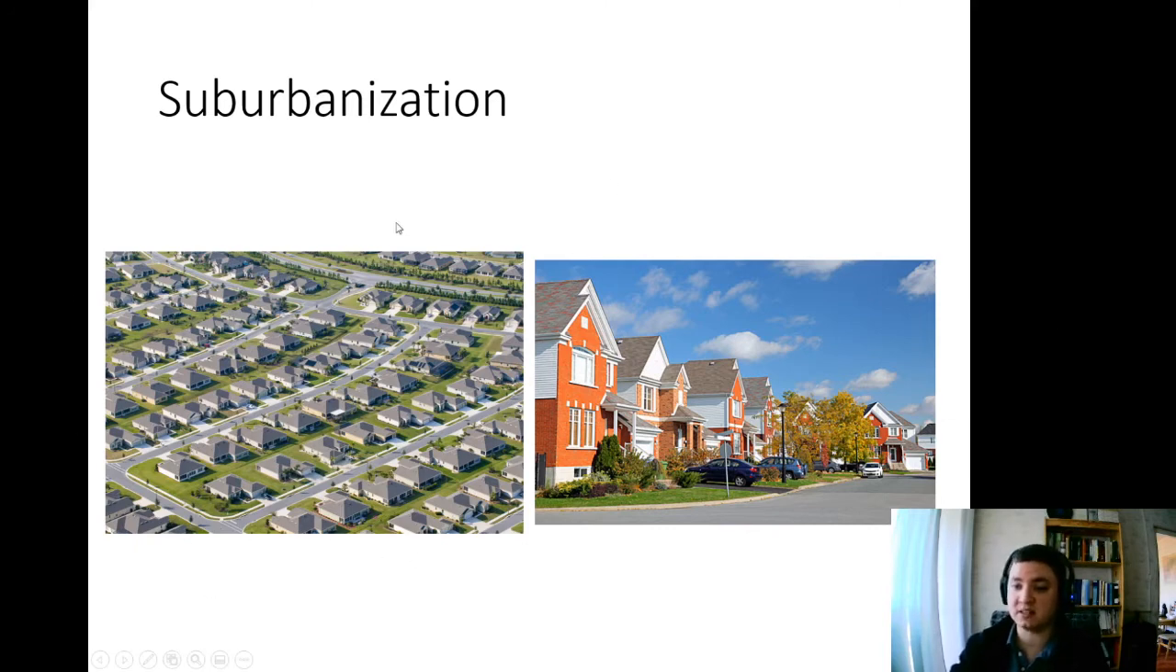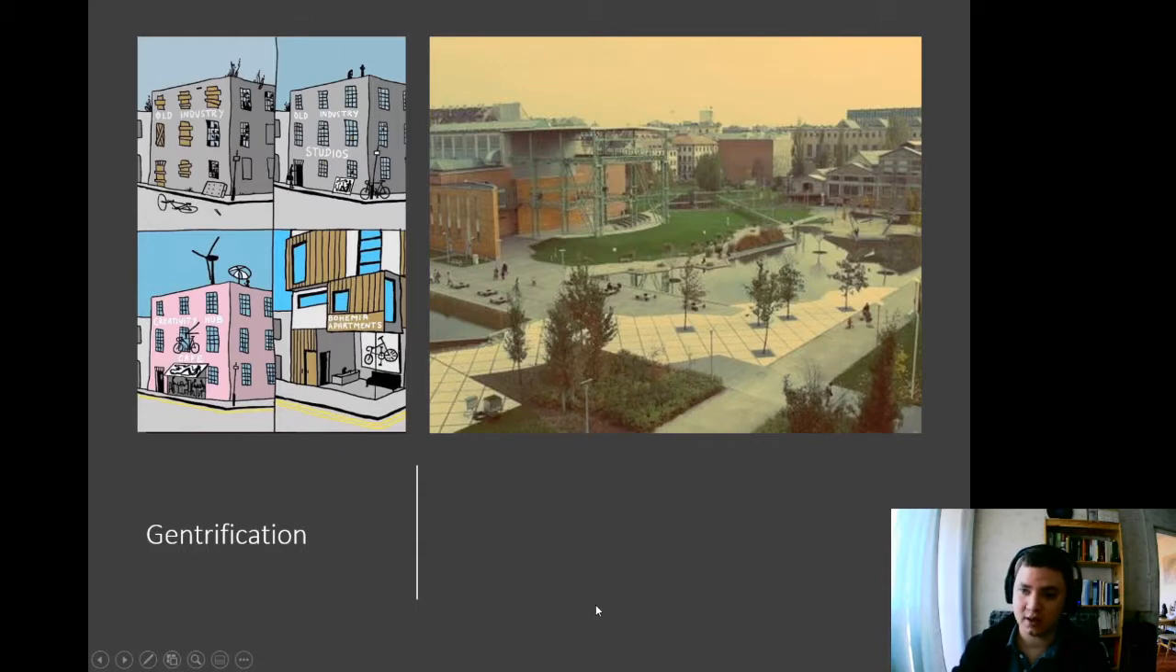These are the typical pictures of North American suburbanization, but similar pictures can be seen in Hungary as well, though not in that uniform form, but similar. The second one is gentrification, when the downtown of the city center, with degradation and lower social and economic status, is given a new function,